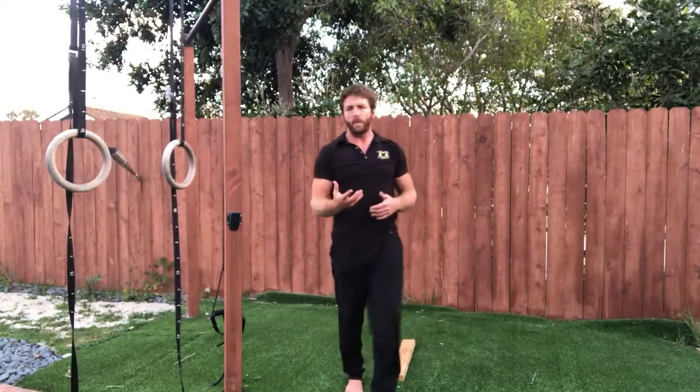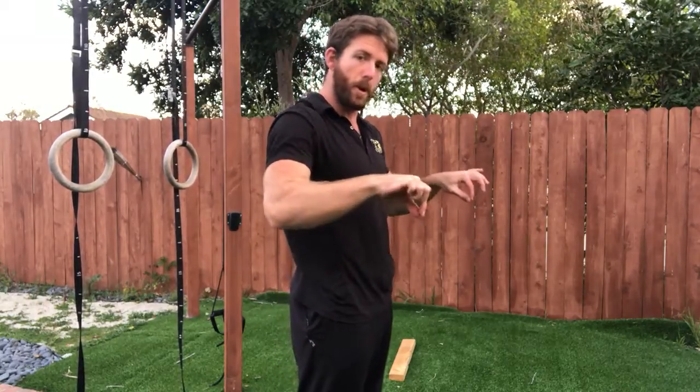And if you don't have a balance beam available, you can play a game that I like to call lava toes, where you're just going to be on the balls of your feet and lift your heels and your toes off the ground. So you're just on the ball of the foot. It's a surprisingly challenging exercise, but